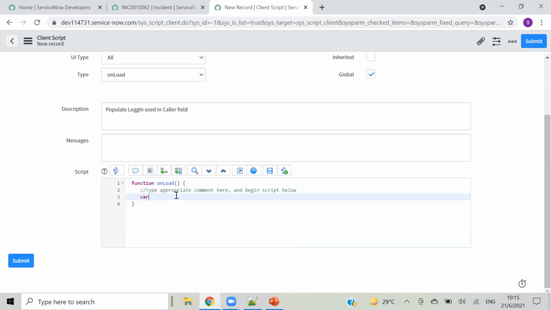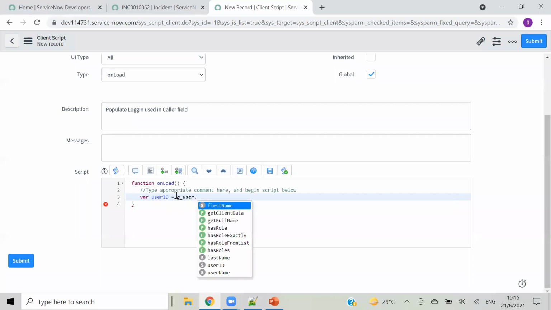So first here also I have to take user ID, then g_form. Not g_form, because I have to get user data, right?